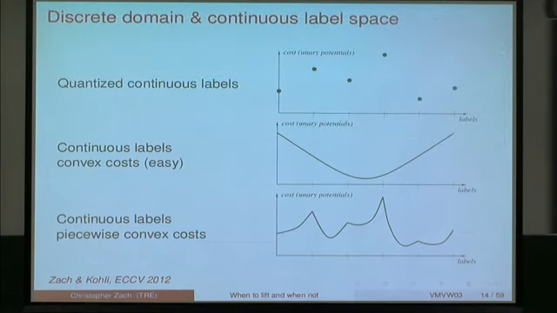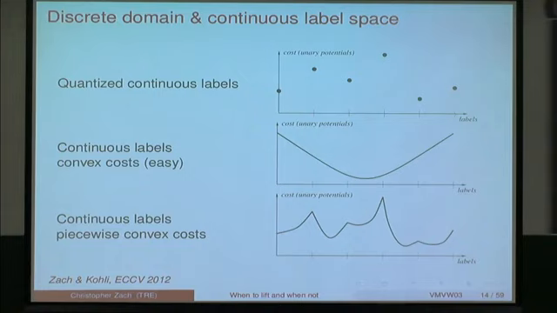So one thing I was always interested in is large label spaces. So if you either have a very large number of labels or even continuous labels, but because of certain reasons you want to keep the discrete nature of the underlying domain. So in the community, basically there are three cases. If you use discrete labels or continuous labels, but you quantize this continuous label space, then you are in the domain again of using discrete labels and discrete domains. So that's relatively well understood.